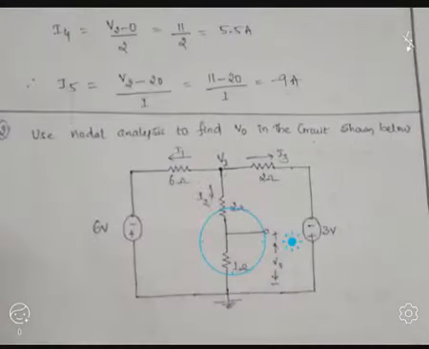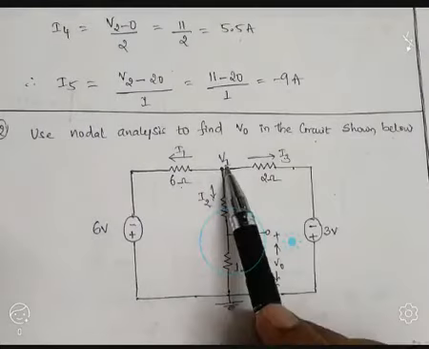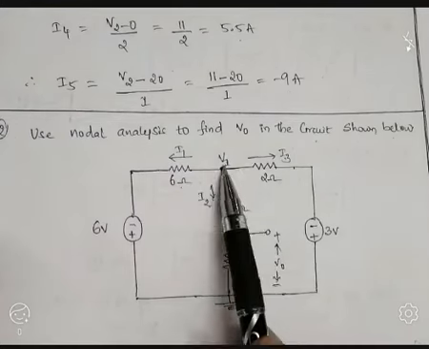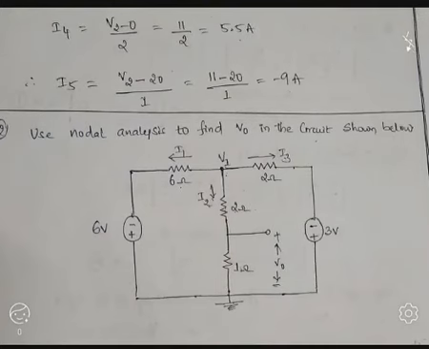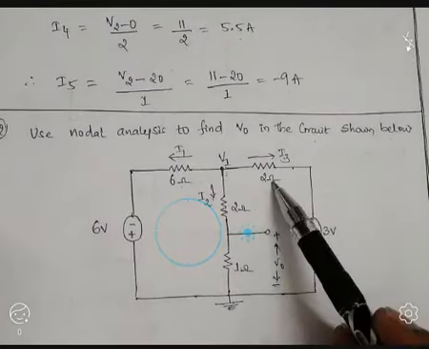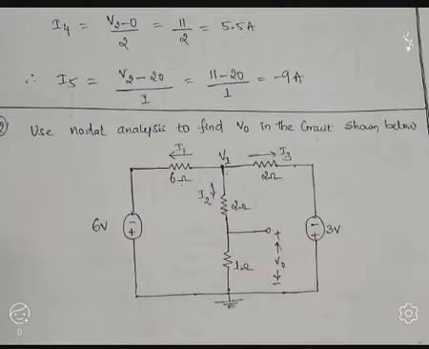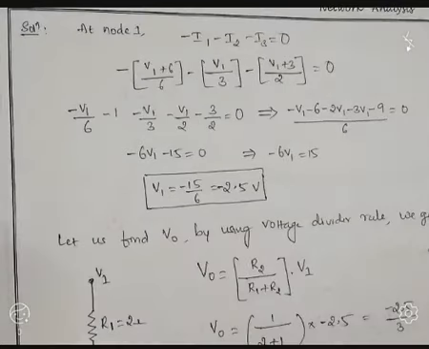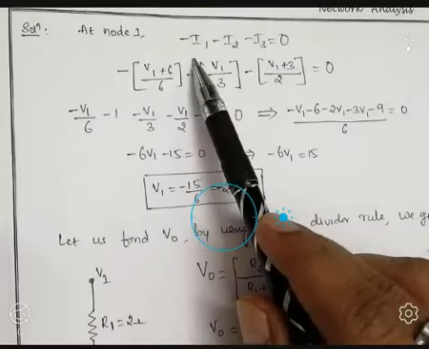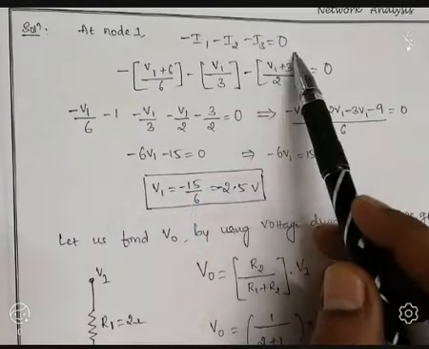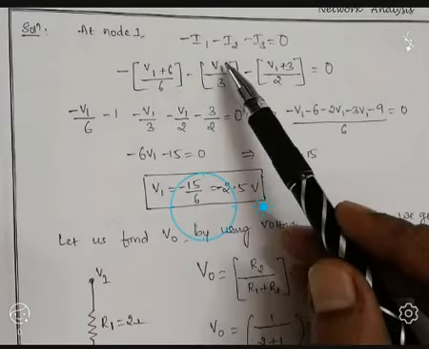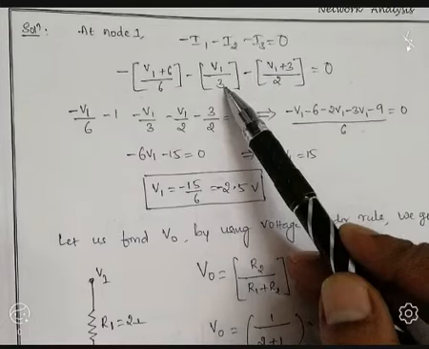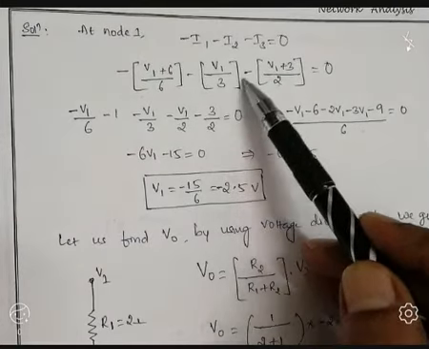Okay, fine. Next, I3. The current I3 is flowing through this branch. So, hence, V1, the head of the arrow mark is pointing to positive polarity. Hence, V1 plus 3 volt divided by 2 ohm. Same thing I have written here. Applying the KCL at node 1, we get minus I1 minus I2 minus I3 is equal to 0. I1 is V1 plus 6 divided by 6 and I2 is V1 minus 0 divided by 2 plus 1, as they are in series, that is 3. Minus as it is, I3 is V1 plus 3 by 2.